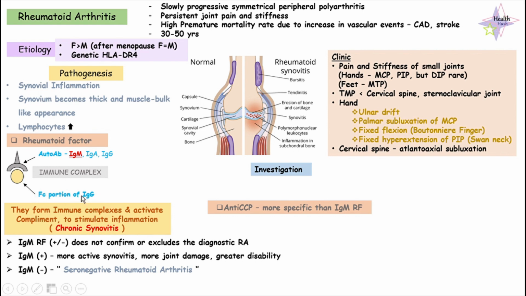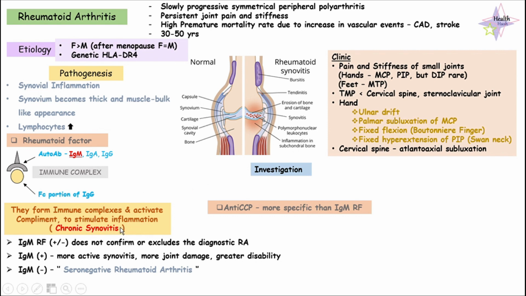So in this immune complex, the antigen part is the Fc portion of IgG and the antibody is the IgM. So it's an autoantibody, an antibody acting against an antibody. So the autoantibody of IgM, for example, is acting on the Fc portion of IgG, forming an immune complex. Once the immune complexes are formed, it activates the complement and also stimulates inflammation in the synovium, causing